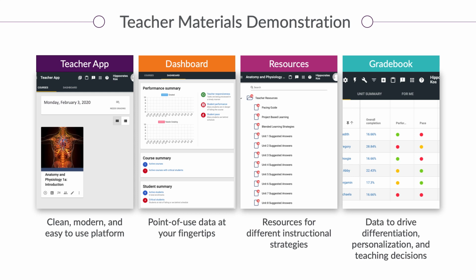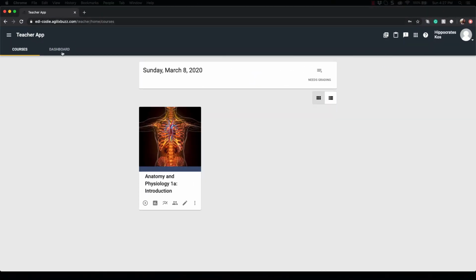Let's jump in and take a look at how teaching with eDynamic Learning's curriculum is highly flexible and easy to use. When you first log in, you'll have easy access to the courses you are teaching. As you can see, the platform is clean and modern and provides you with quick access to get the features